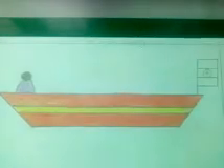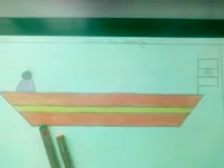Now we will move to a flag over here. So the colors which we are going to use is orange, white and green color. So first, with the help of orange color, we will start from the up part.